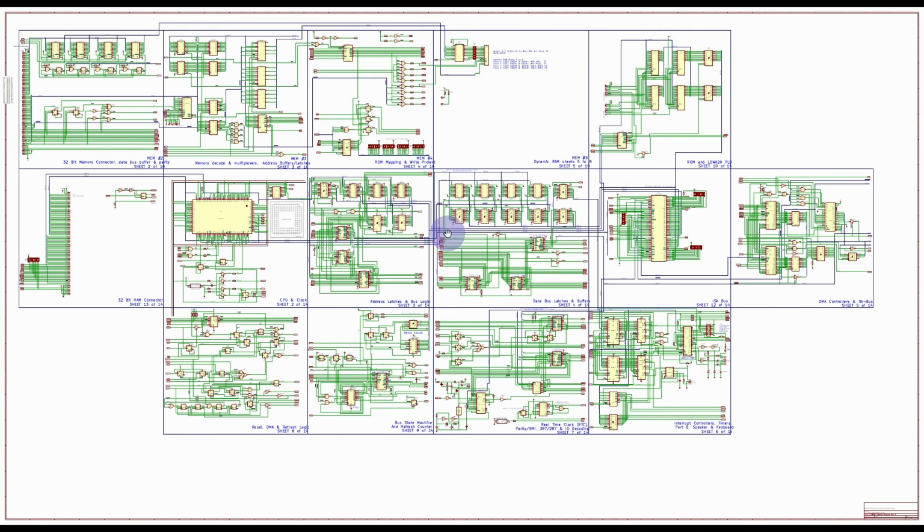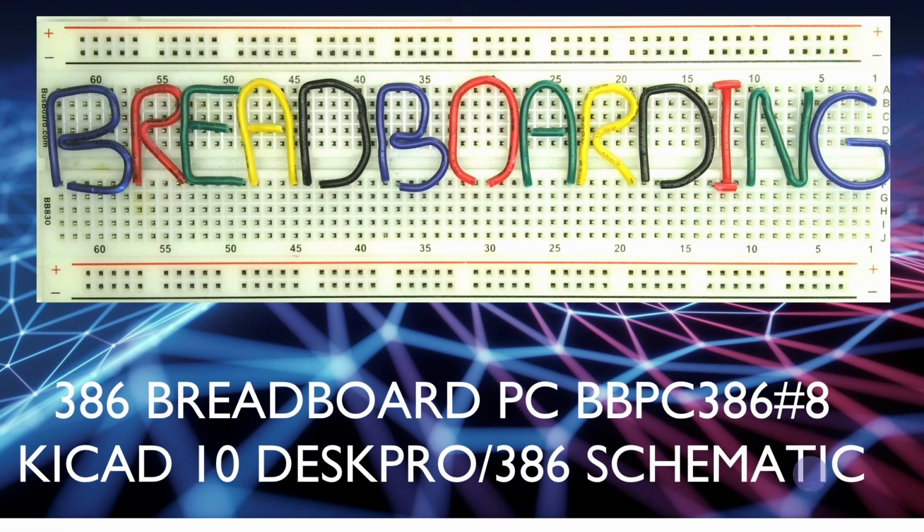Now this is the PDF output of the schematic diagram that I put together for the DeskPro 386. What I'm going to be doing in this video is showing you how to download KiCad 10, which is the PCB and schematic diagramming tool that I've been using for all my projects. And I'll show you also then how to download the schematics from GitHub and actually have a look yourselves. This is video number 8 in the 386 breadboard PC series, and we're looking at KiCad 10 and the DeskPro